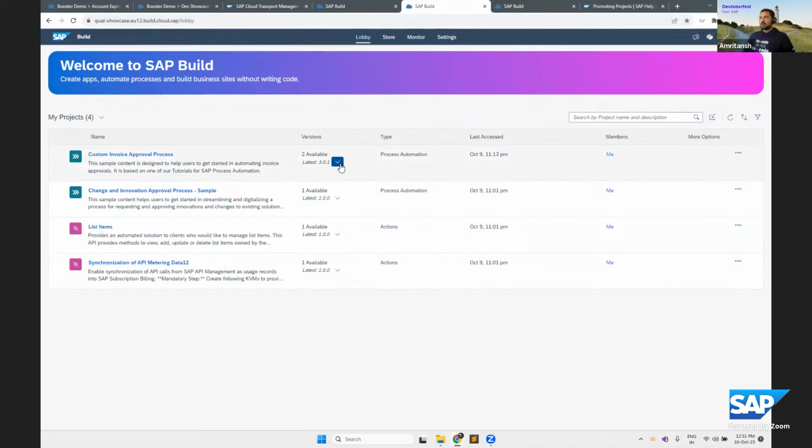Here, I've already moved the content 3.0.1. I think the same issue has also affected this landscape.